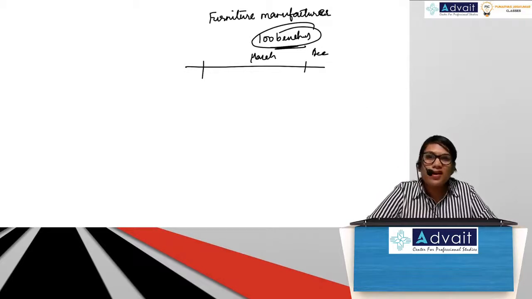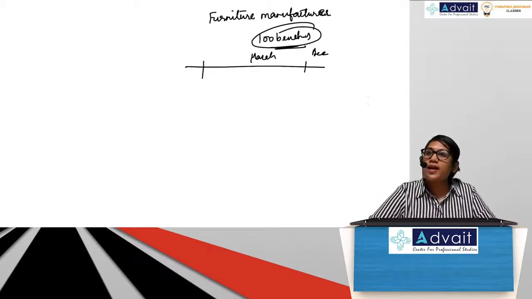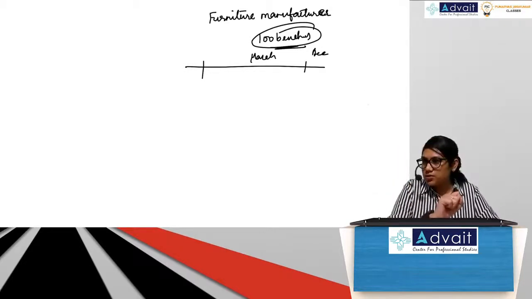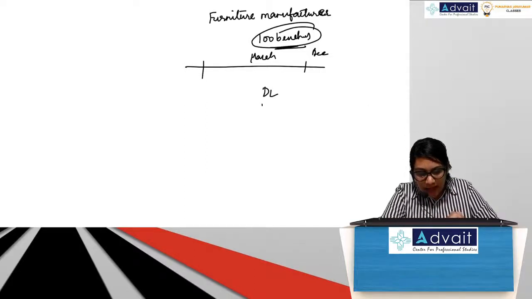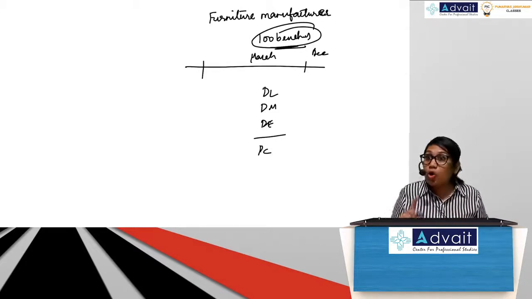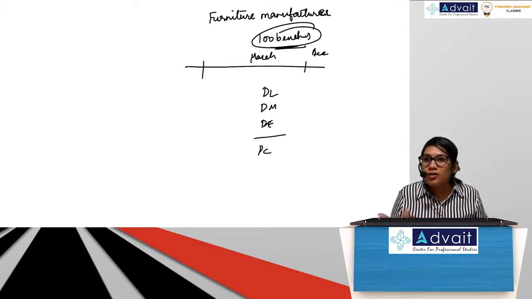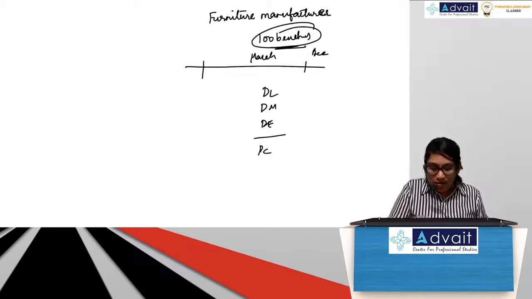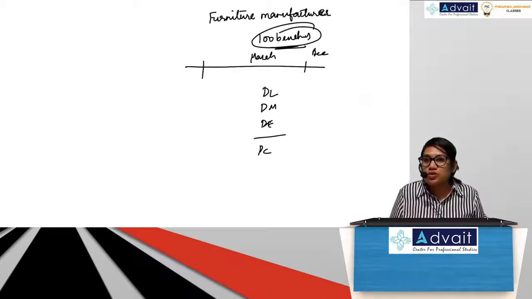So direct material, direct labor, no tension. Because I can identify those costs on a per unit basis. So when it comes to direct material, direct labor, direct expenses, no tension. I can easily get my prime cost. I have to give him a quote, right? Quote means what? Price. That, boss, I'm manufacturing 100 benches for you. This is what I'm going to charge. So in order to charge that, I have to complete my cost sheet.